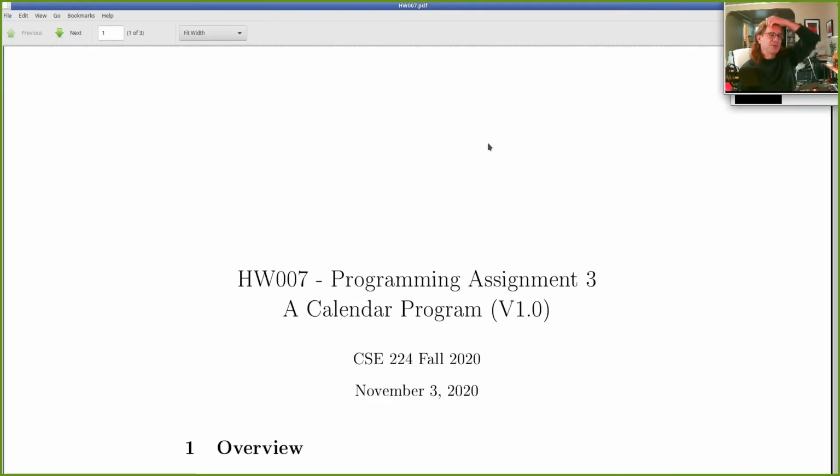All right, so homework 7, you're going to implement a calendar program. And you're going to do this in Bash, and it's going to be a graphical program. It's going to involve making a GUI to interact with your program. And this is a group project, so you get to work in groups of up to 4 people if you like. If you really want to work alone, you can work alone. But I recommend doing this in a group